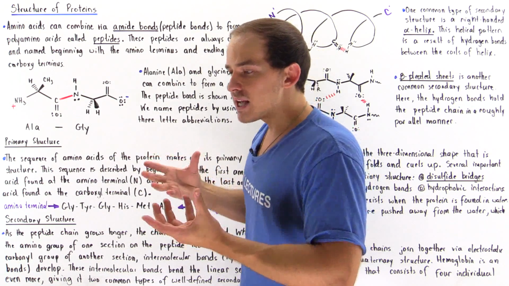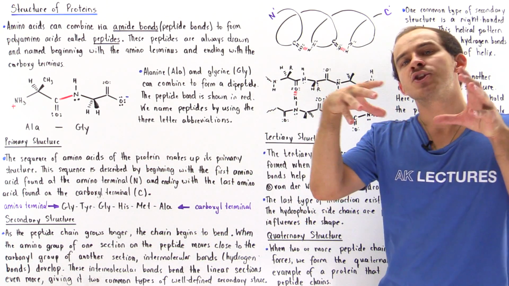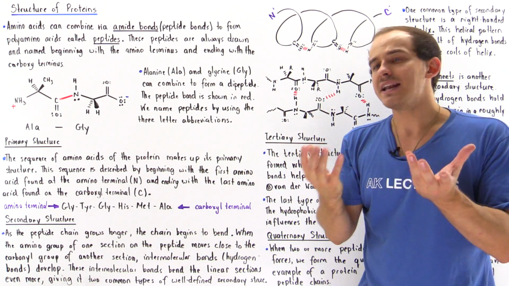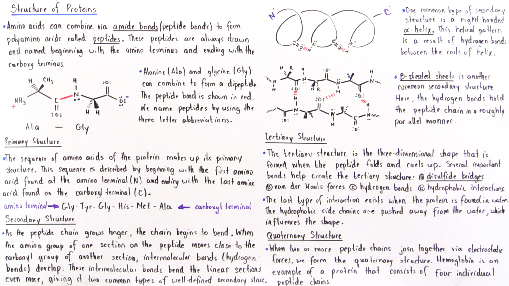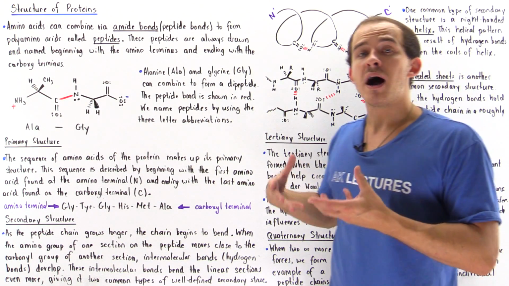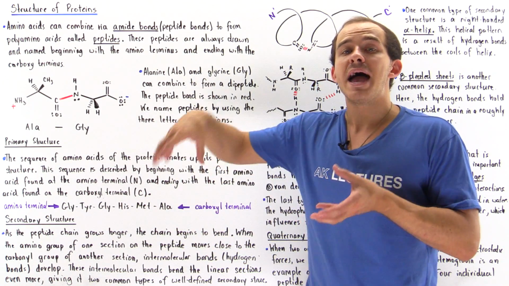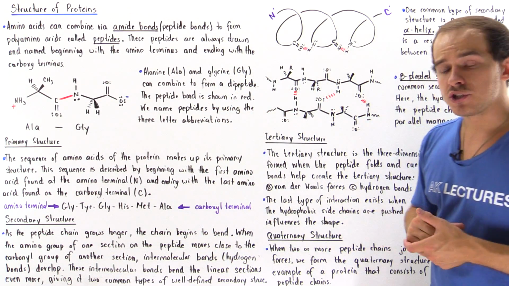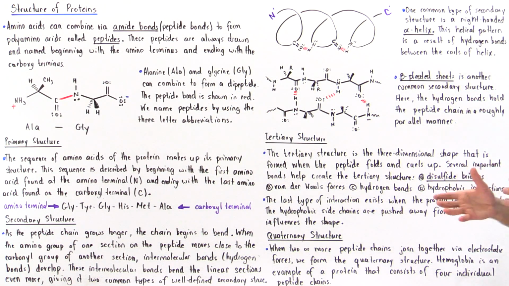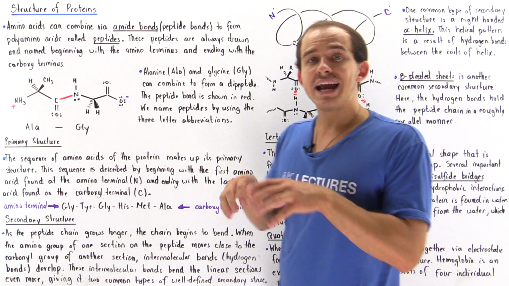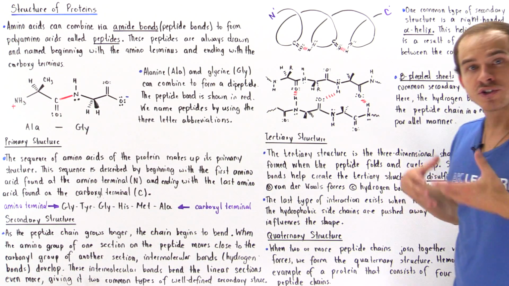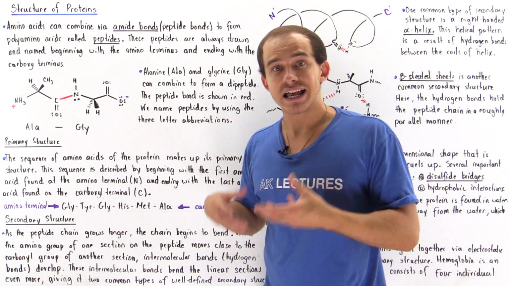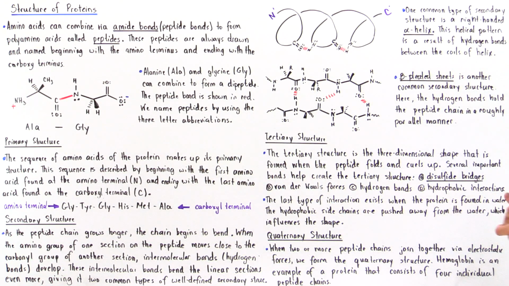Now, whenever a peptide or a protein develops a three-dimensional structure, that is known as the tertiary structure. So the tertiary structure is the three-dimensional shape that is formed when the peptide, the polypeptide, curls up and bends. So we form this three-dimensional shape. Now, there are different interactions, different forces that create this three-dimensional shape. And all these interactions are a result of electric forces, electrostatic forces between opposite charges.